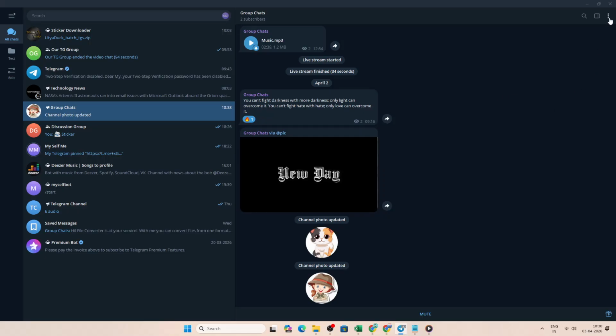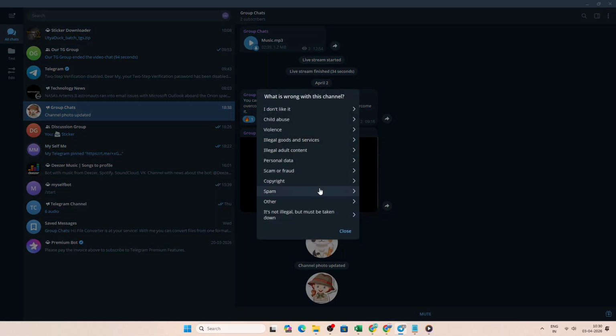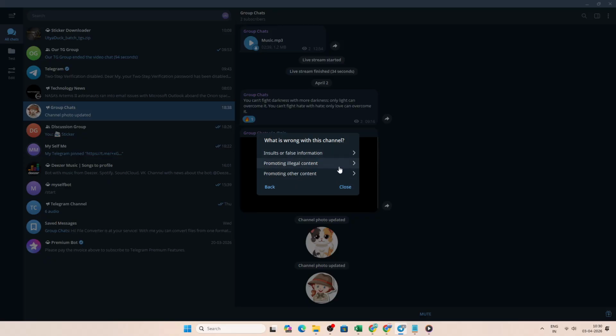Next, look to the top right and tap the three-dot menu. Choose Report, then select Scam. You may be asked to confirm or add a short note. Keep it concise and factual. What happened, what was promised, and any clear red flags like requests for money, crypto addresses, or links to off-platform payment pages. Submitting this flags the chat, group, or channel for review, which is often the fastest way to curb